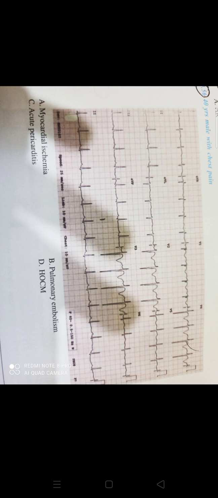40 years old with chest pain. What is this? It appears like Wellens. So I have given myocardial ischemia most probably. The pulmonary embolism will be having S1Q3T3 pattern, or tachycardia will be there, or there will be a tall R wave in V1, like RBBB strain morphology. Usually in Wellens, no Q will be there, and all R will be preserved in all leads. And acute pericarditis, you should see PR segment depression and other ST-T changes. HOCM, obviously there should be some axis changes, and the R will be huge. You suspect somewhere R will be huge. So here no R is huge, so it's most probably myocardial ischemia.